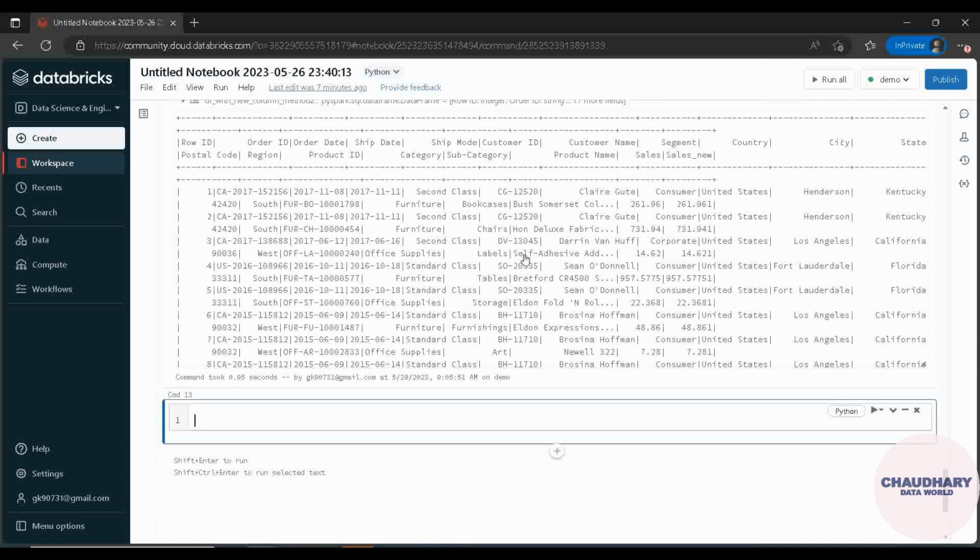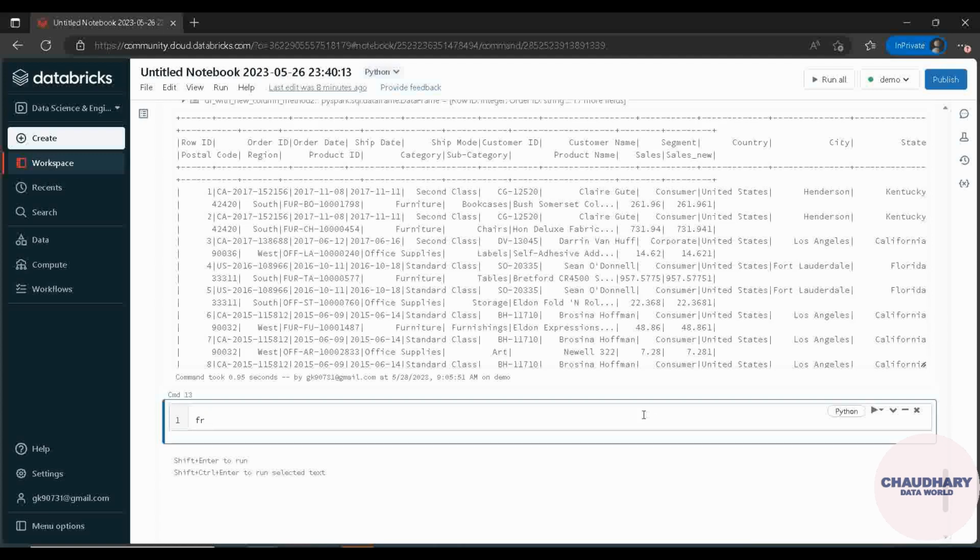So it has given you a result. Actually the sales column, whatever we are having in the data frame, is a string initially, so we can't add one, that is an integer, to that string. When we converted that integer one to a string, then it gives you the result. But the problem is that 261.96 and the concatenated string becomes 261.961. One is added at the last. It has not mathematically added, since it is a string, it has concatenated one at the last. So this was the second way, and the third way is